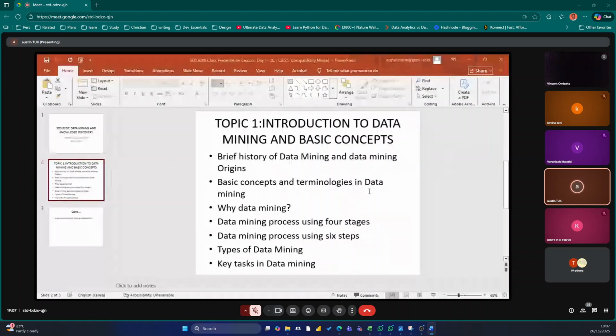Meaning, we may use it to reduce the cost of production, or to reduce complaints from clients, meaning we are trying to reinforce customer satisfaction.